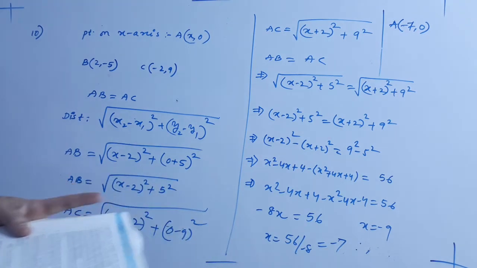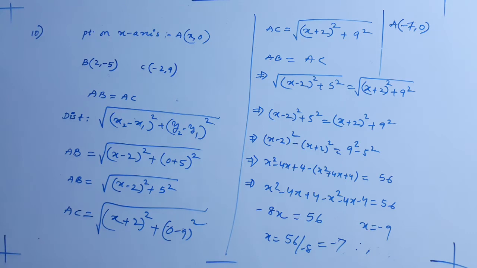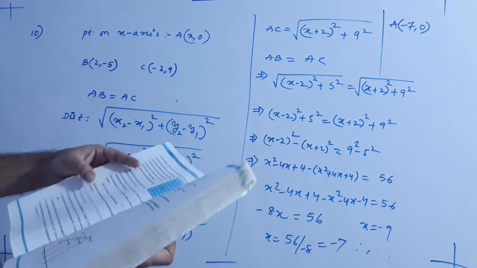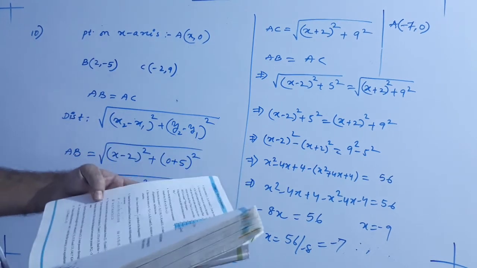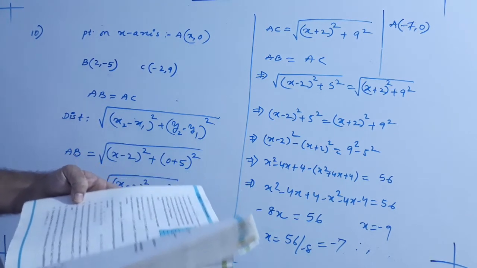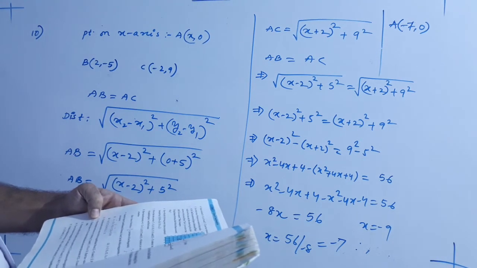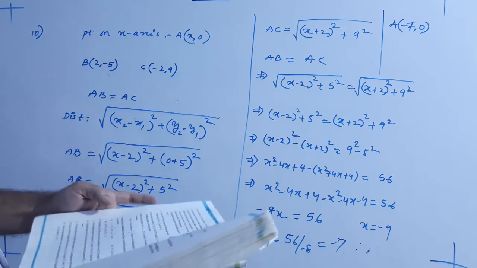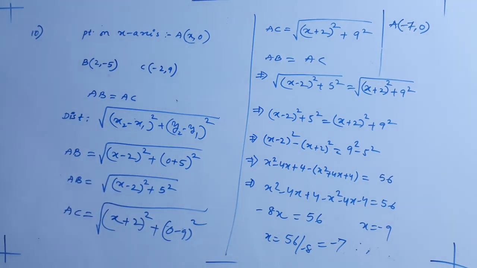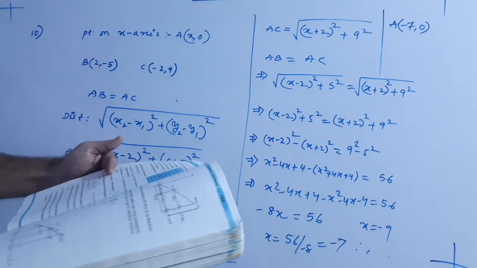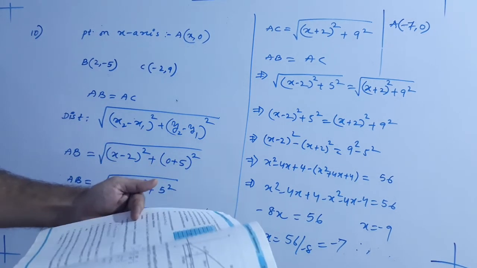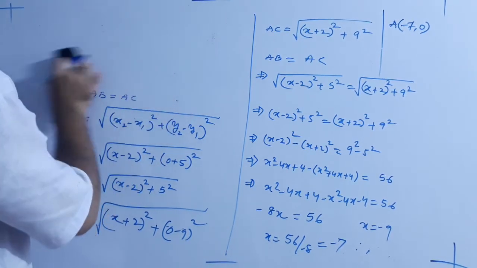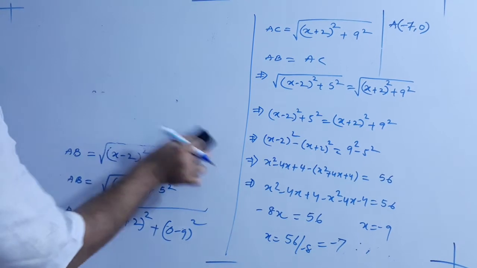I want you to take the 11th problem by yourself. It's the same. Instead of equal, he has given the distance. By substituting the values you have to find the distance. Find the value of y for which the distance between the points is 10. It's again the same as the 10th problem. I'll be solving the 12th problem. With the help of the 12th problem model you can solve the 10th problem and the 11th problem.